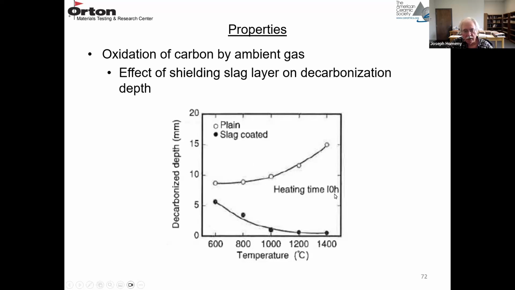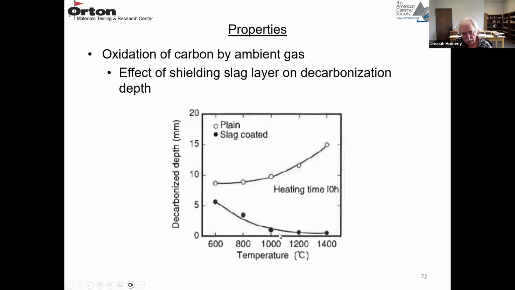These samples were heated for 10 hours at these different temperatures. So the plain material, you can see how the decarbonization depth increases as the temperature increases. But when you put a slag coating down,